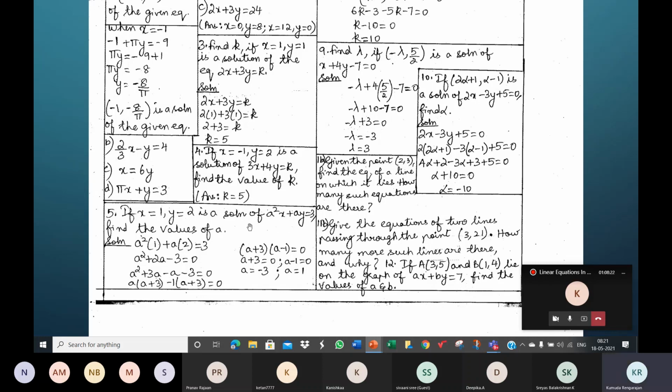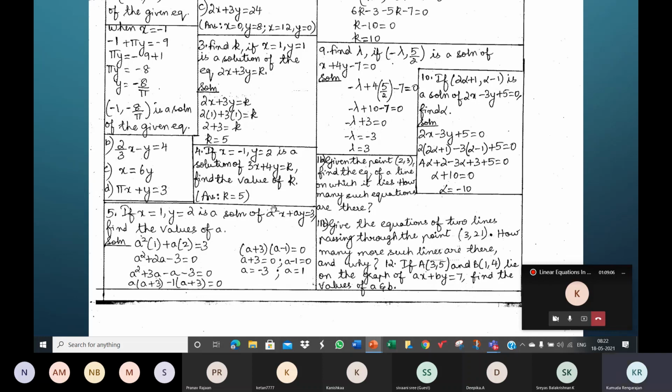As Kanishka rightly pointed out, in this equation, see here, this is the x term, this is the y term and this is the constant. All right. Now, is this a linear equation in x and y? Who will decide if it is linear or not? Not you and me. The powers of x and y. So the power of x is 1. The power of y is also 1. This is a linear equation in x and y. Then what about this a square? This one is a coefficient of x. When a is 1, 1 square is 1, 1x it is.